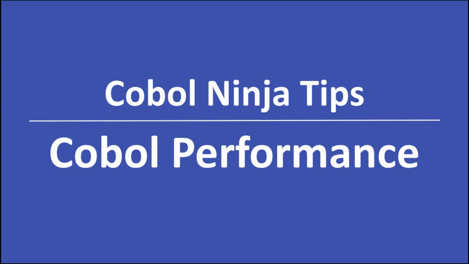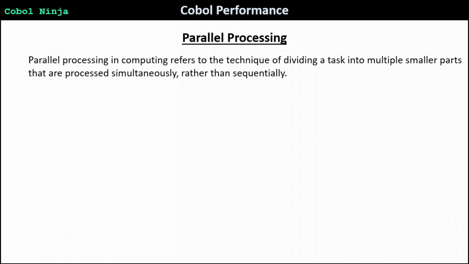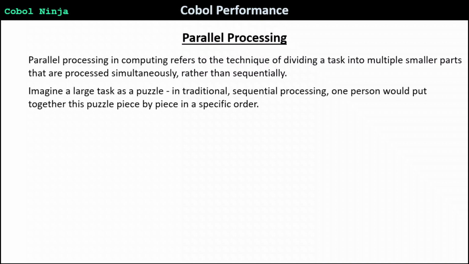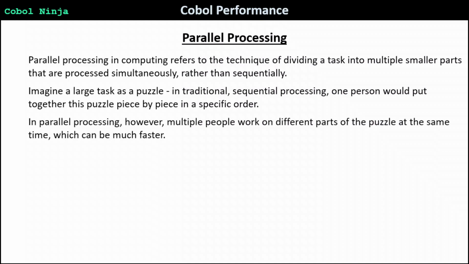Today we're going to discuss COBOL performance, and in particular the subject of parallel processing. In general, parallel processing in computing refers to the technique of dividing a task into multiple smaller parts that are processed simultaneously rather than sequentially. Imagine a large task as a puzzle. In traditional sequential processing, one person would put together this puzzle piece by piece in a specific order. In parallel processing, however, multiple people work on different parts of the puzzle at the same time, which can be